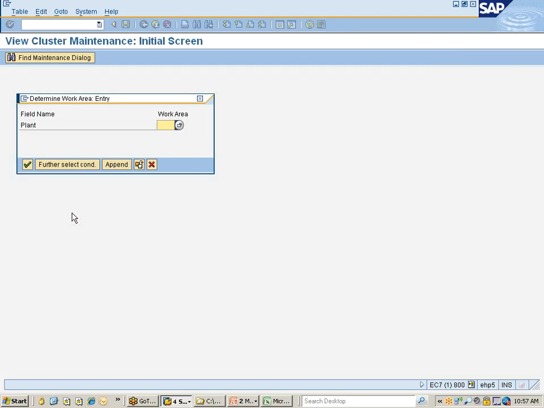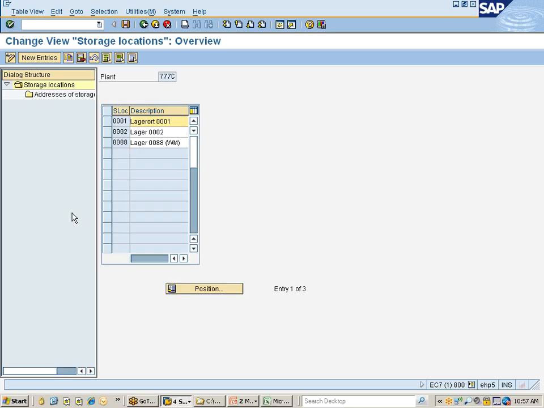Storage location on its own will never exist. It will always be associated with plant. So therefore, while maintaining storage location, you have to give the plant as well. So I have plant 777C. Now I am going to define my storage locations within the plant Chennai, right? So here by default there are 3 plants which are actually copied from my triple